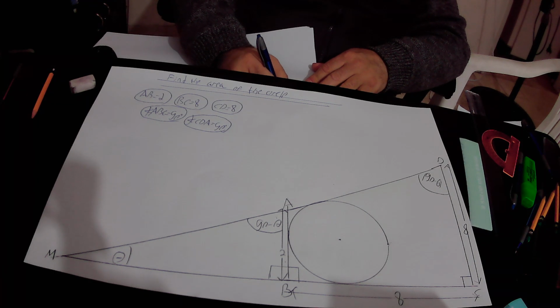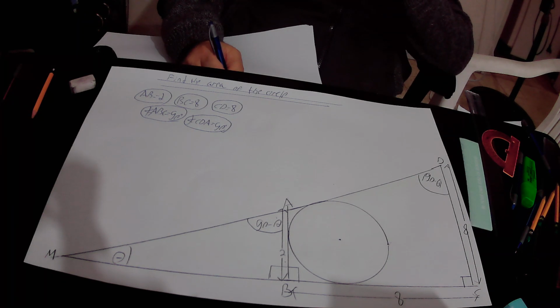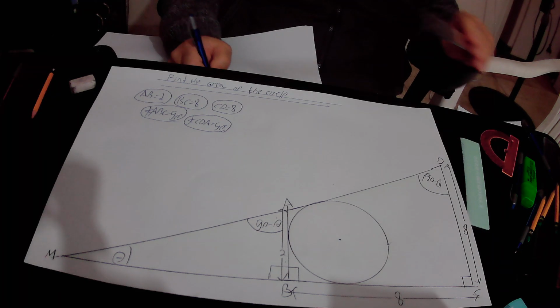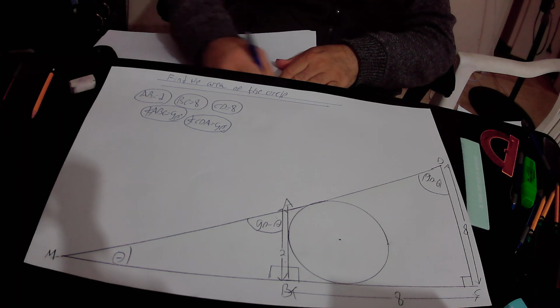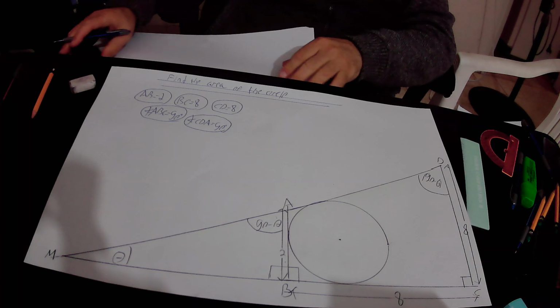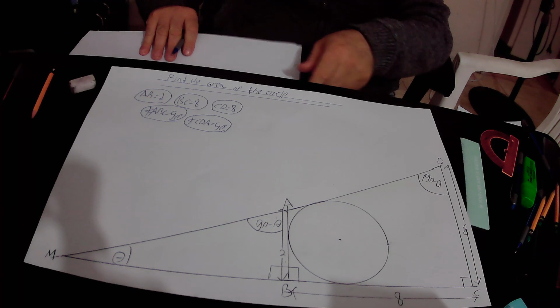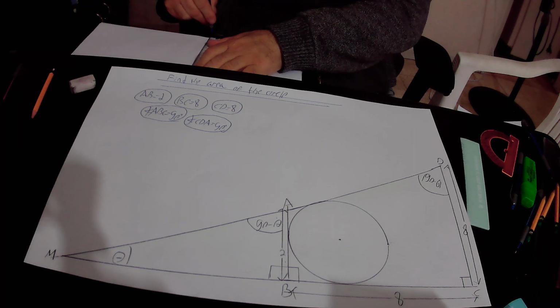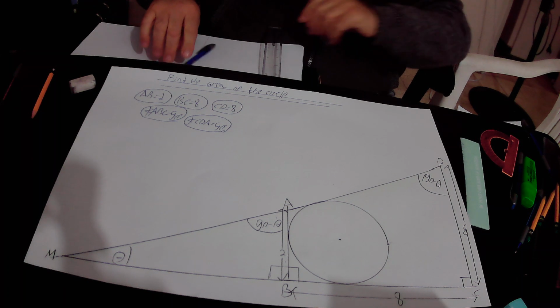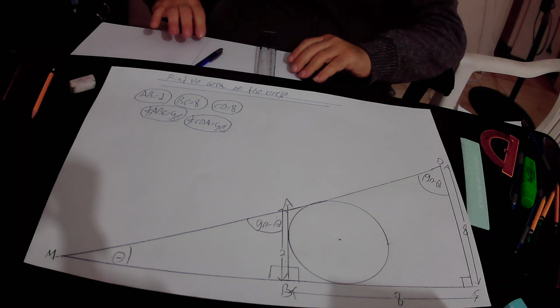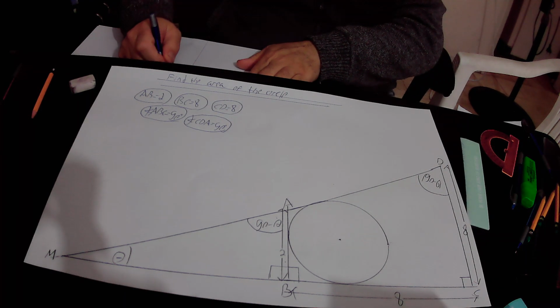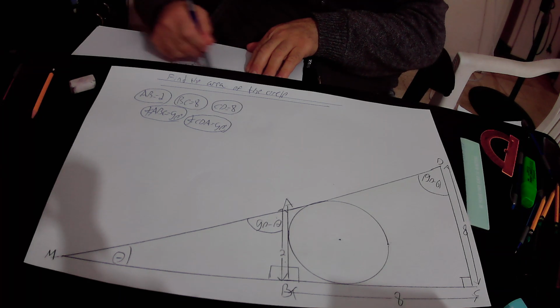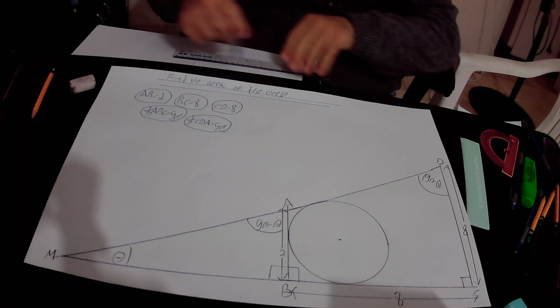Triangle CDM is similar to the right small triangle, triangle MBA. So why are those two right triangles similar to each other? First of all,